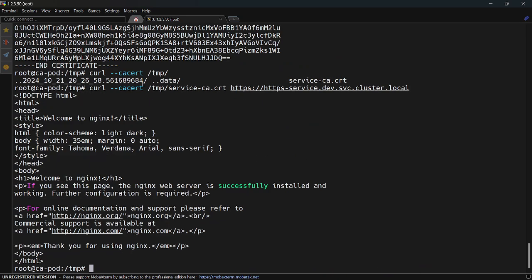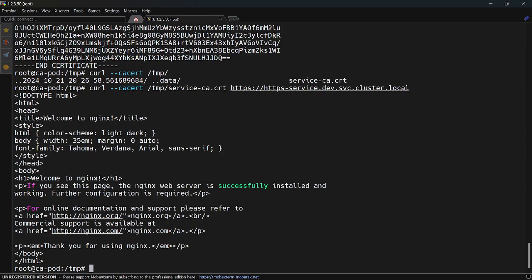Now you can see when we provide the certificate authority, it directly validates the certificate available with this URL in this pod with this signing authority. This signing authority verified that these certificates are signed by me,